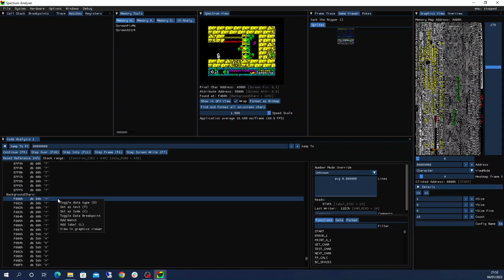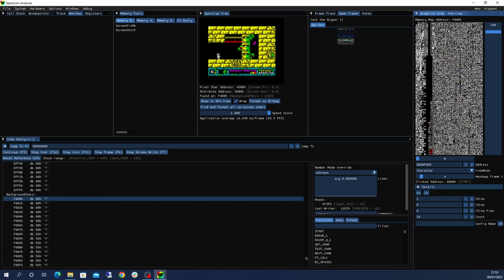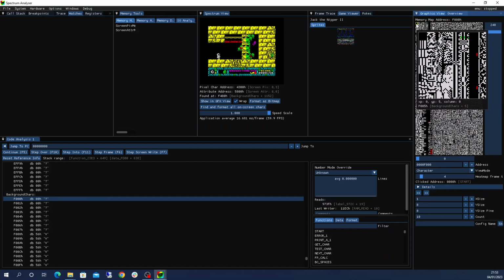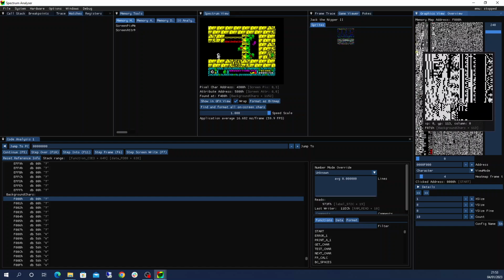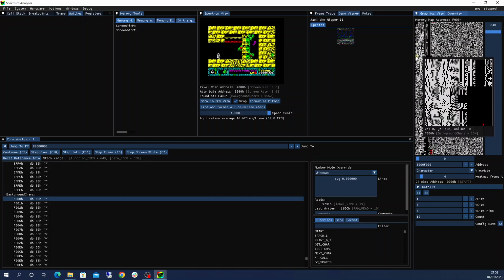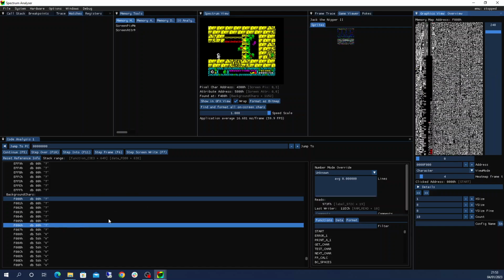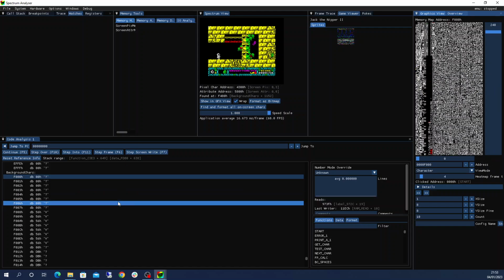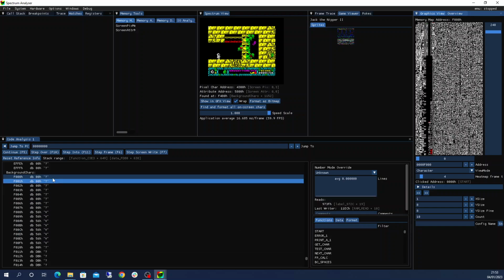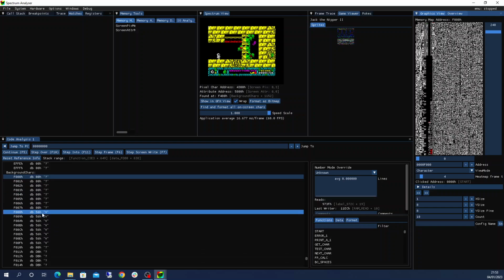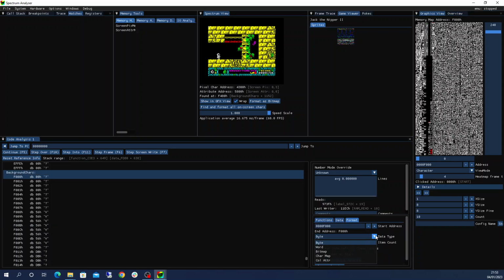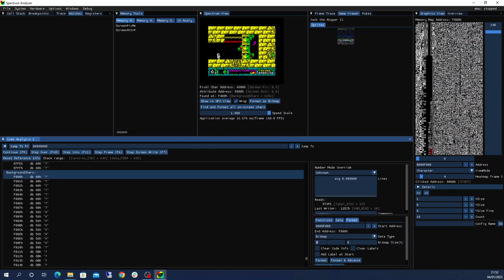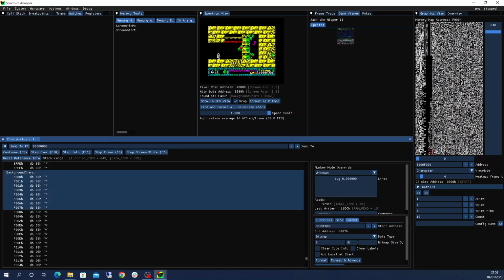If I right click on the first address there, I can do view in graphics viewer, and then we can see here that the first character is blank, and then that's followed by what looks like various images. Now what we can do is we can view those in a bit more of a magnified way by actually formatting this memory, because you can see the memory as it is here. It's just a series of hex numbers, and what we really want to see is a bitmap. So we can use a format option here, and we can format the memory to be a bitmap. We can say we want it to be 8 by 8,